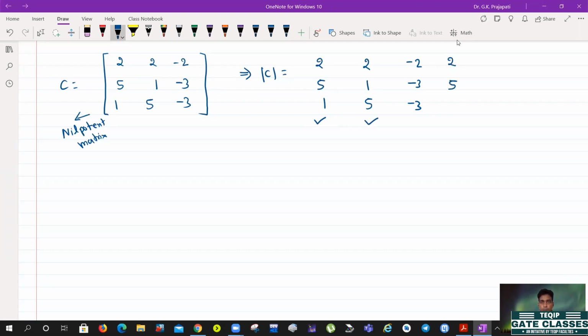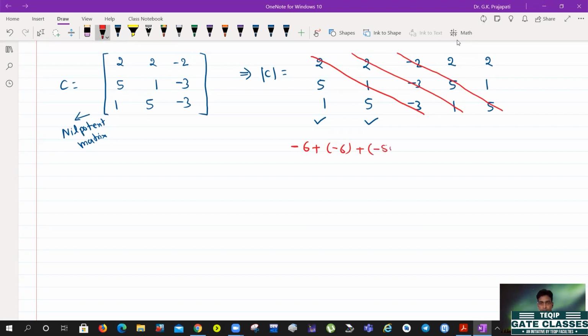That is 2, 5, 1, 2, 1, 5, and make a product of the diagonal elements, that is 2 into 1 into 3, that is 6, plus again a product of diagonal elements, 2 into -3 into 1, -6, and the product of the third diagonal elements, this will be -50,